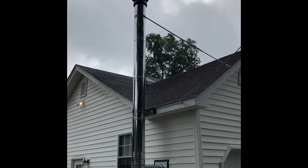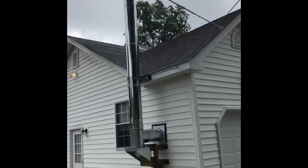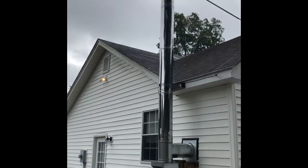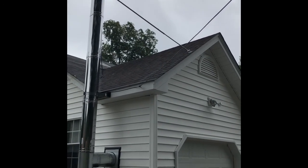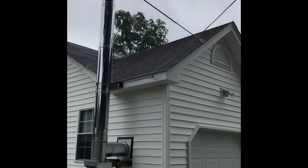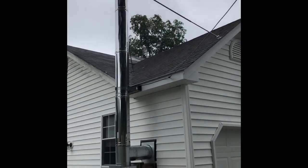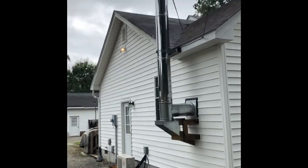length out of 3/4 inch pipe and 1/2 inch pipe, and basically they kind of overlap each other, and then I drilled screws in to help strengthen them and make them like as one. And then I took some L brackets and mounted those pipes to the end down on the roof of the house, and mounted those together with, I think I had 3/8 bolts or 1/2 inch bolts, and I caulked the heck out of that so I wouldn't have any leaks. But yeah, so that's my stack,